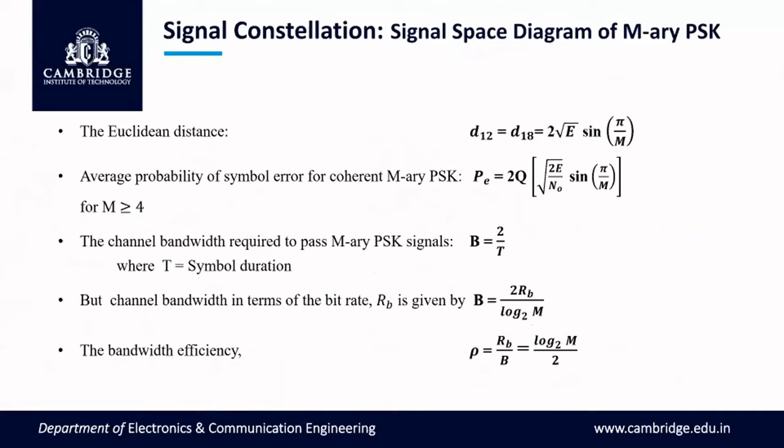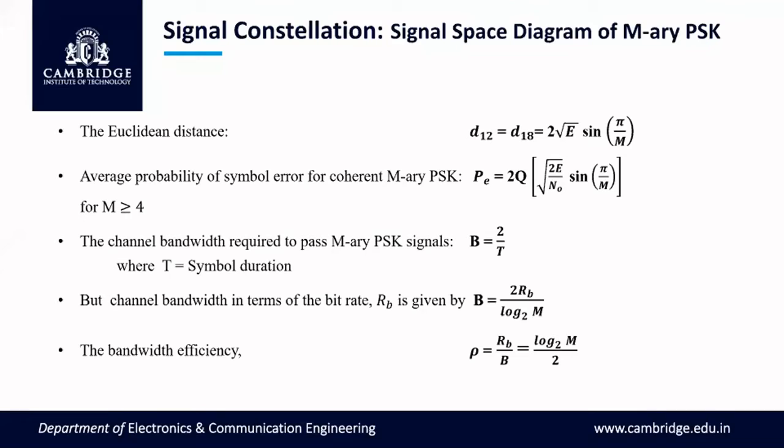Here I have given this value also. The Euclidean distance is nothing but the minimum distance between two consecutive symbols on the signal space diagram. In this particular case I have taken it as d12, the minimum distance between symbol 1 and symbol 2, which is also equal to the minimum distance between symbols 1 and 8, which is equal to 2 times root E sine of pi by M. How is this equation obtained? This is from the signal space diagram. If you draw the geometry,